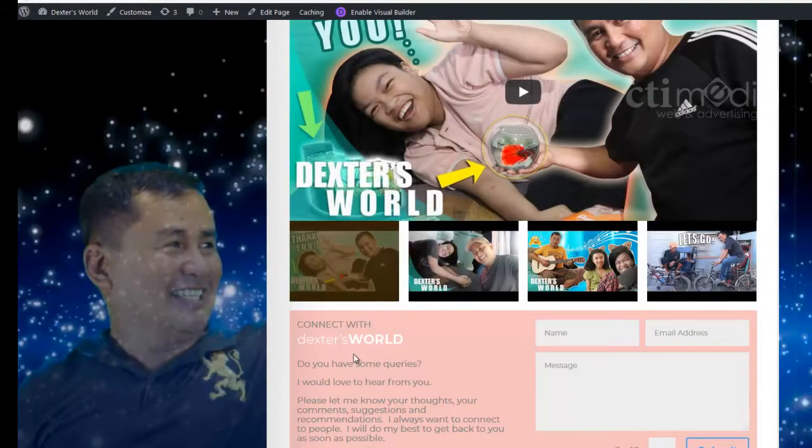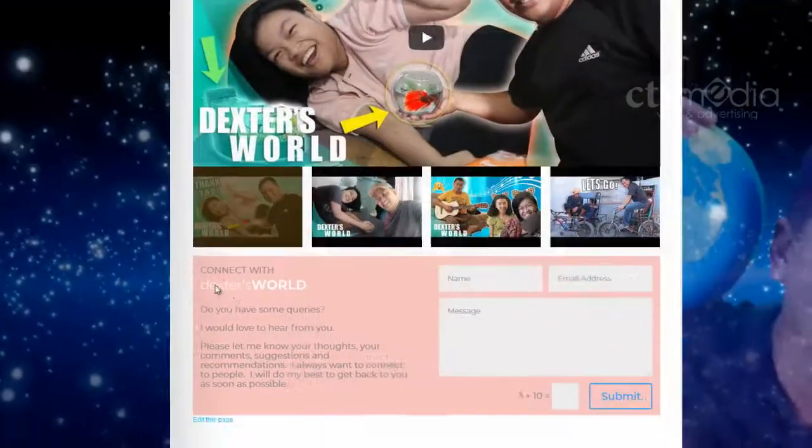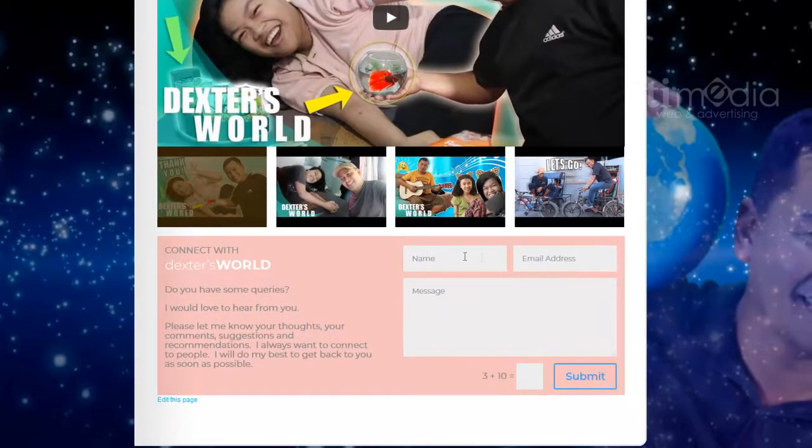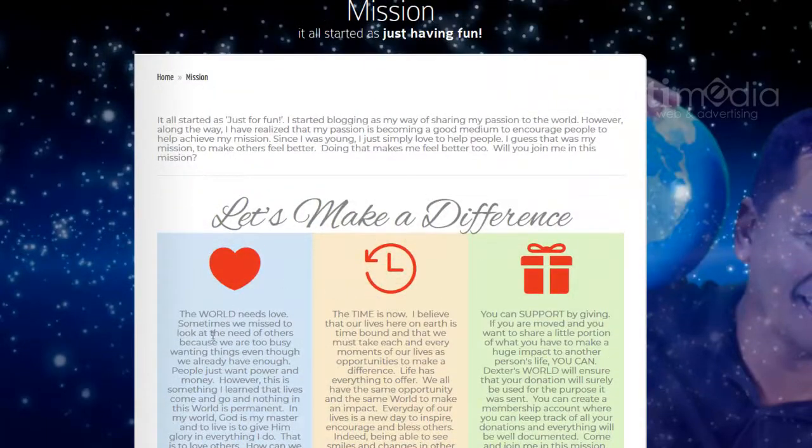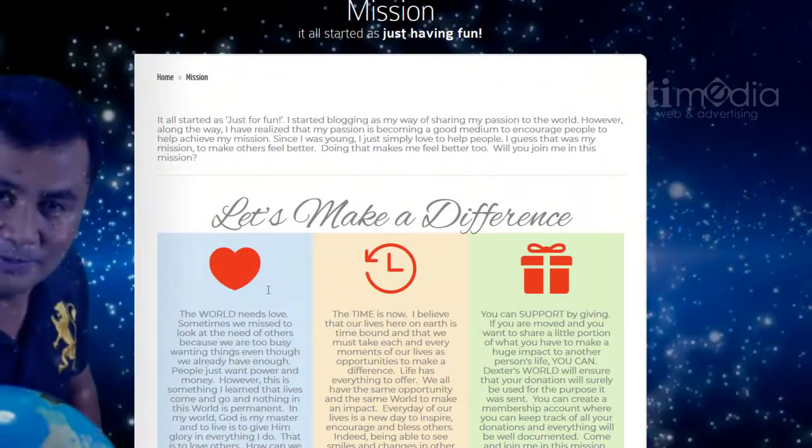If you code this manually, it will take you time. But because I saved that from this page, like these 3 columns here, I can save that into the library. If you have already created the page and you want to copy that particular portion, you can easily do that